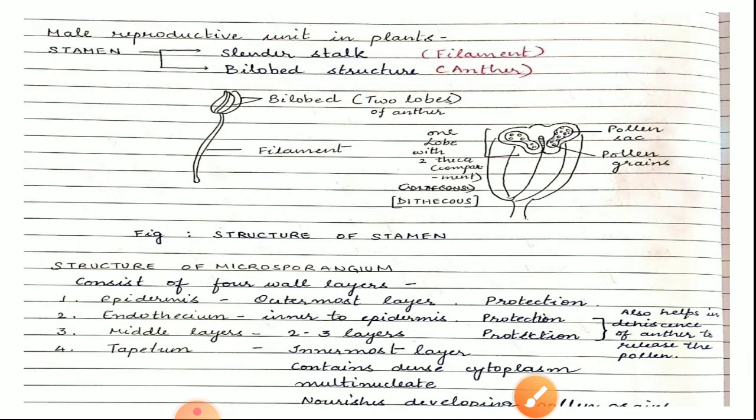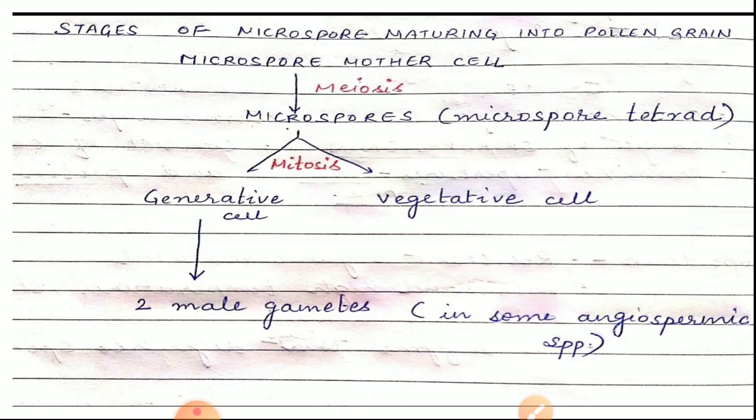Now moving on, you can see this is a quick revision. Stamen consists of filament and anther. Anther is mostly bilobed, and anther is also dithecous. Structure of microsporangium contains four wall layers: epidermis, endothecium, middle layers, and the most important one is tapetum. Now moving on, you can see this is a small flowchart so that you can understand or remember the